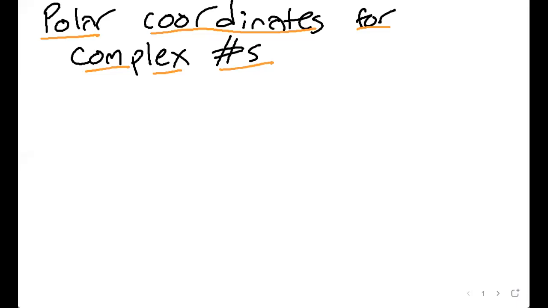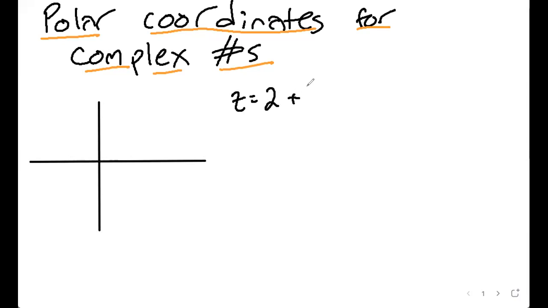In the previous set of videos, we talked about how we can plot complex numbers in an XY plane. So if we have z equal to 2 plus 3i, we can say 2 ticks on the x-axis, 3 ticks on the y-axis. And so we can think of this point right here as corresponding in the xy plane to z equal to 2 plus 3i. To tie this in to things that we've done in Calculus 2 so far,